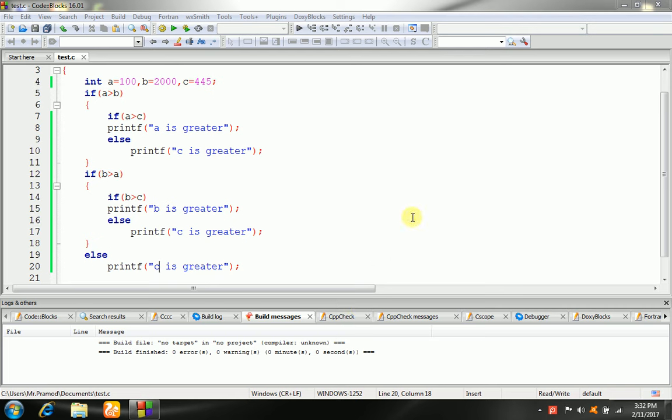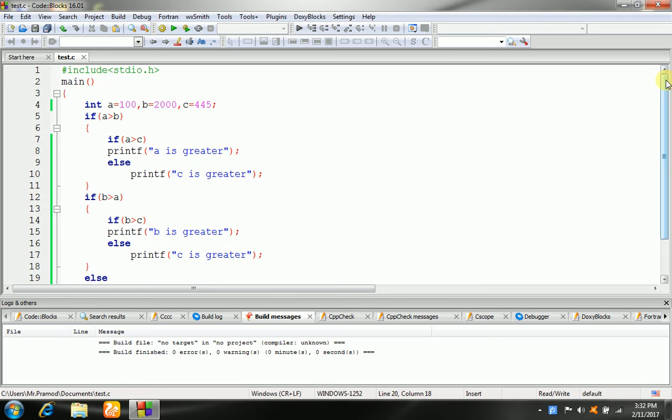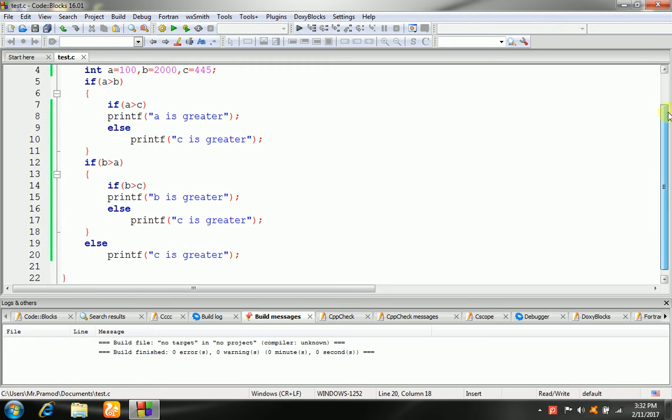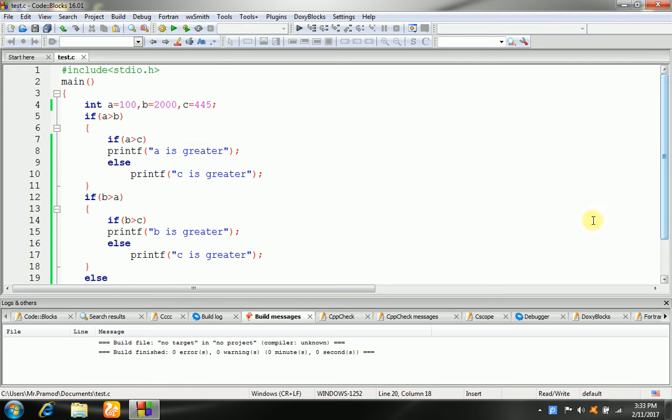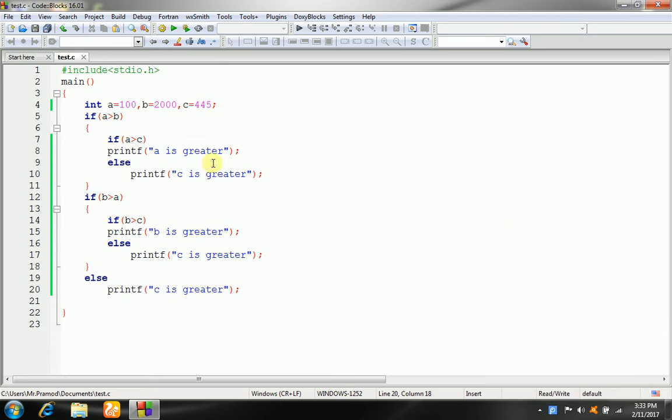In previous episodes, we already discussed the if-else statements, simple if statements, and the else if ladder. Now we discuss the category of nested if. In a nested if statement, every statement that is inside another if statement is called nested. If we use an if inside another if, it is called nested. If we use an if inside another else statement, that is also called nested.